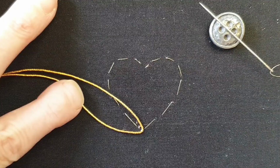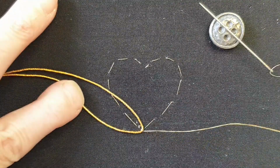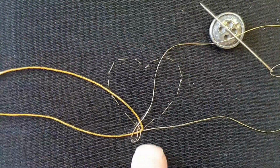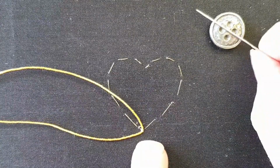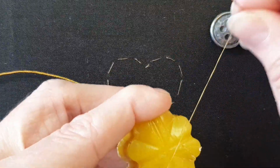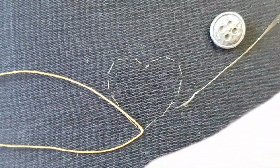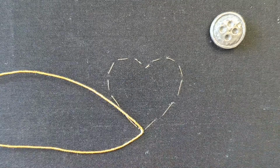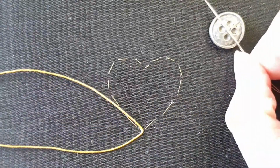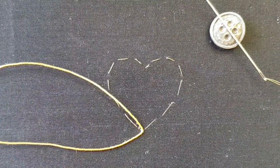The thread that I'm using is a double thread. I have already waxed it, so just to show you that, when I'm waxing my thread, I've just gone over that loop twice there. When I'm waxing my thread, I just take the wax and I run the thread over it. I do that twice, and then I just run my nail down the thread just like that, just to make sure that it's not got any excess wax on it. And so I'm just taking my thread here,